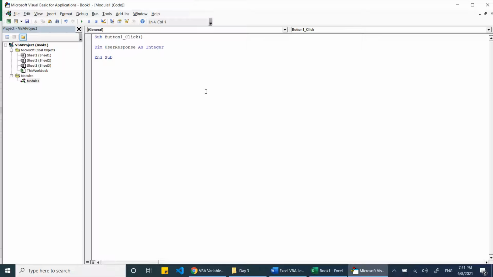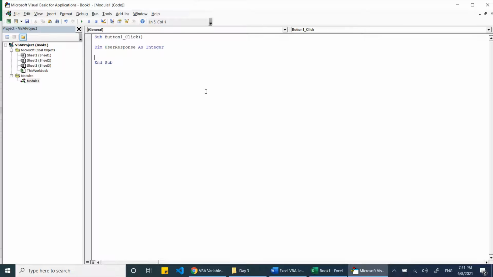At present I need integer. Why? Because if the user gives a response yes, by default the computer will not store it as text or string, because storing a string needs more memory. The computer will always try to store the data in the least memory, so instead of storing yes, it will store it as a number. So we have defined the user response.